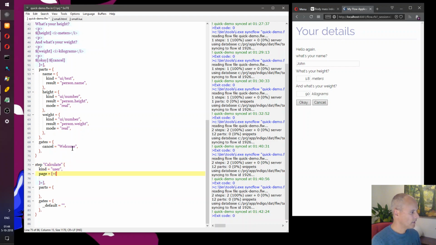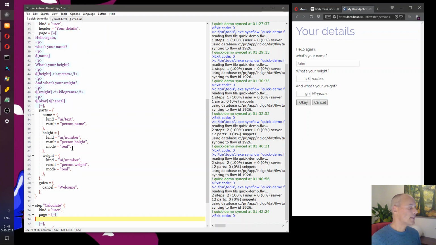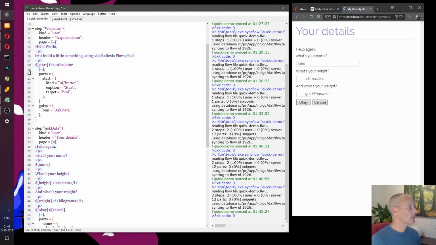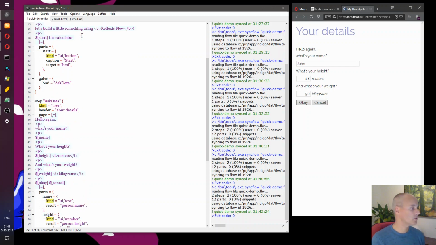Calculate. So in the previous two steps, there was a page property and a collection of parts that define what everything in the page does. And if you look here, it says kind is user. So that makes these two steps user steps.